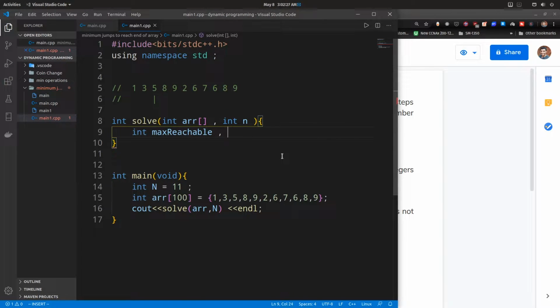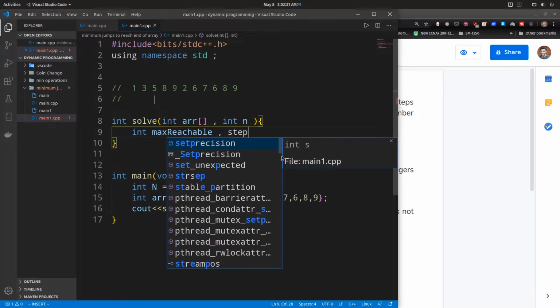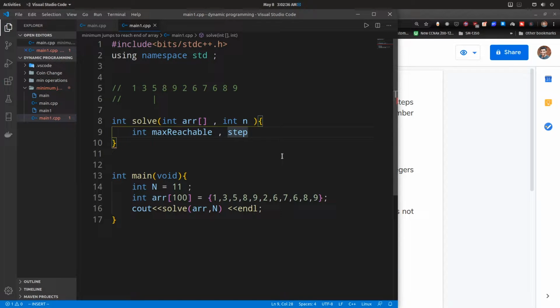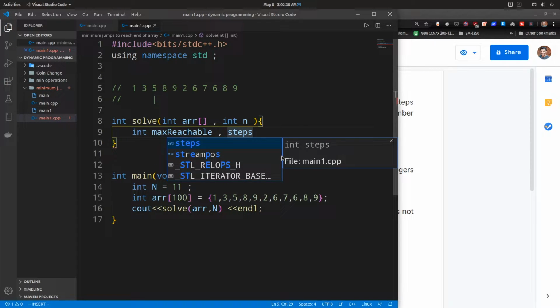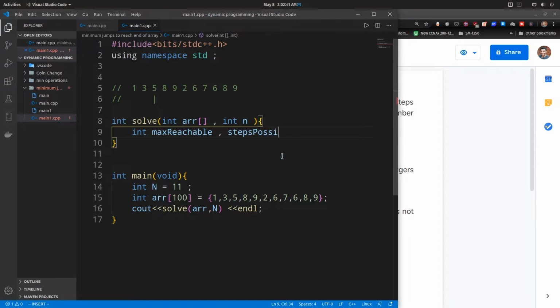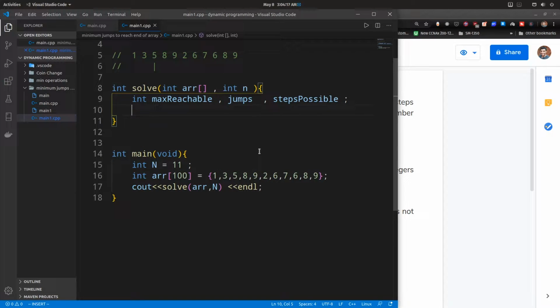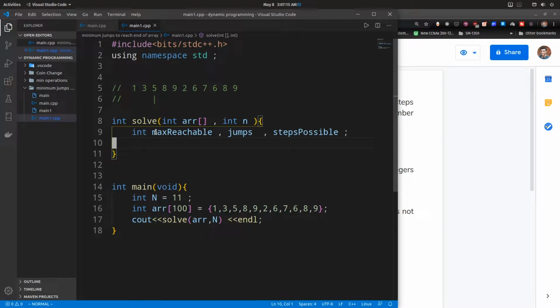Let's list out what we need along the way: the maximum reachable index, the steps that we can still take, and the jumps needed to reach the maximum reachable index, that is, how many jumps you need to reach that position. These are the things that we'll be tracking. Now let's initialize these variables.